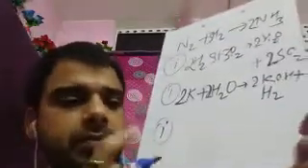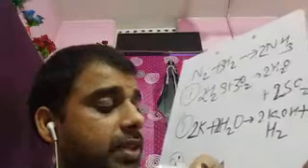Now we will do the next question, question number 6. Balance the following chemical equation. 6a part: HNO3 plus Ca(OH) whole twice, and it is giving calcium nitrate, Ca(NO3) whole twice, plus H2O. You can balance it easily. One by one I will complete each and every question. You also have to practice this one. HNO3 is reacting with calcium hydroxide, and it is forming Ca(NO3) whole twice and H2O.